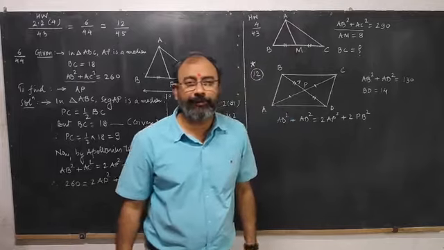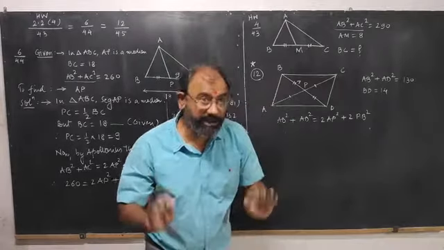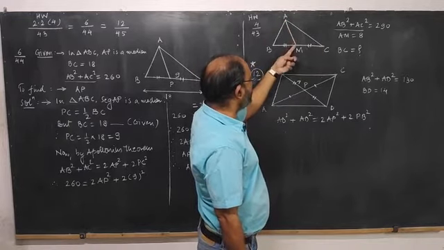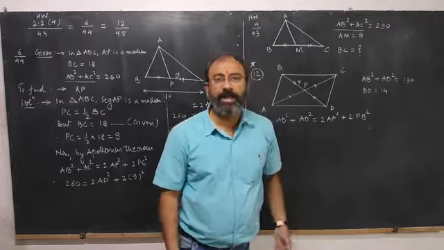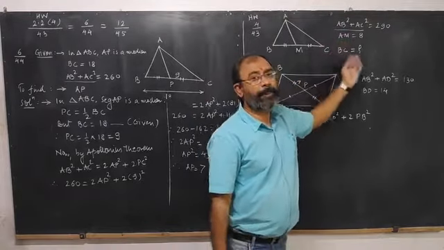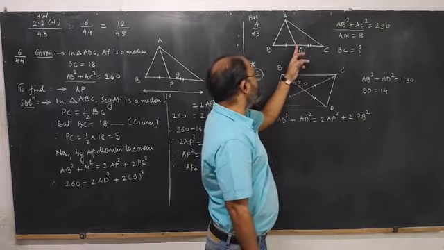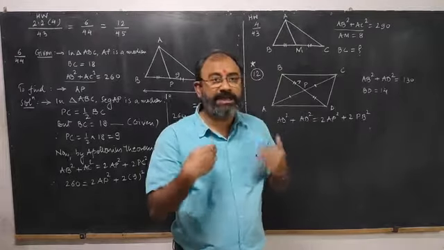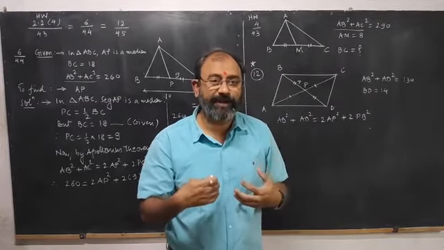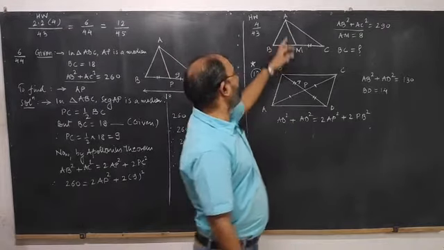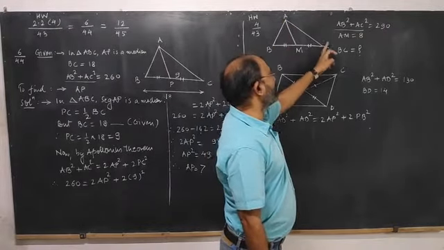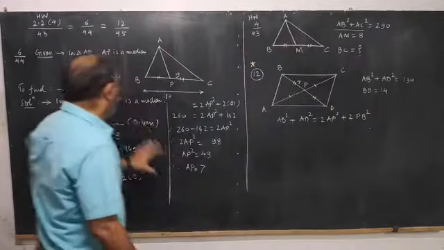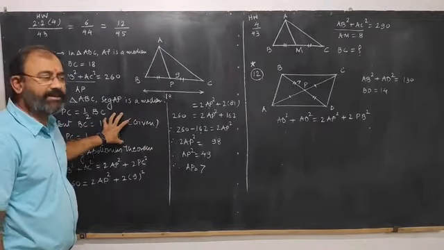What equation can we generate using the median, using the Apollonius theorem? AB square plus AC square is equal to twice AM square plus twice MC square. Put the values which are given, simplify, you will get length CM, double that and you will get BC. So it is very similar to the previous example which we have solved. What is the difference? The sum of AB square and AC square is directly given. So this example can be easily solved by studying and writing this solution.